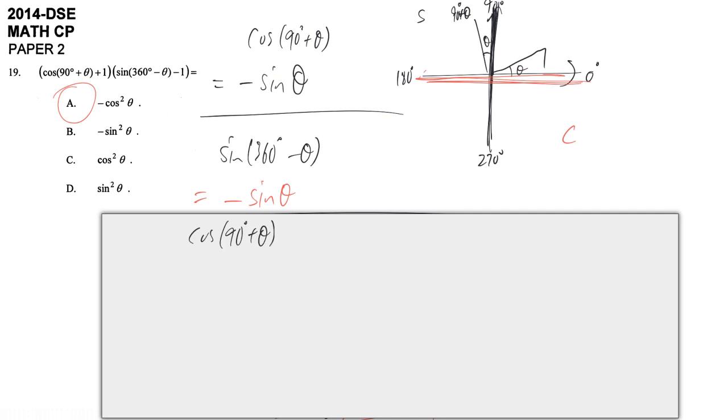Okay, maybe some students want to know how come cosine of 90 degrees plus theta will become negative sine theta. Maybe this is some demonstration. But first you have to accept how we change it if the angle is related to the x-axis. You have to accept this one first. And then